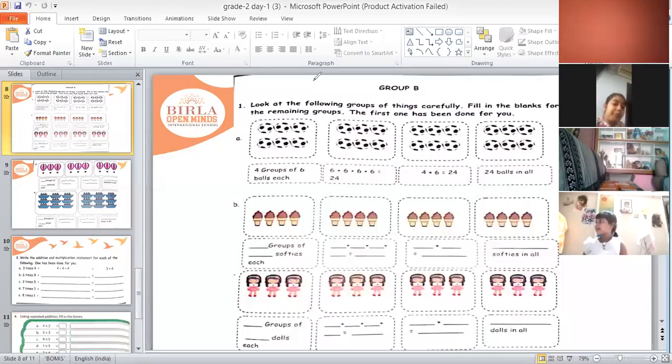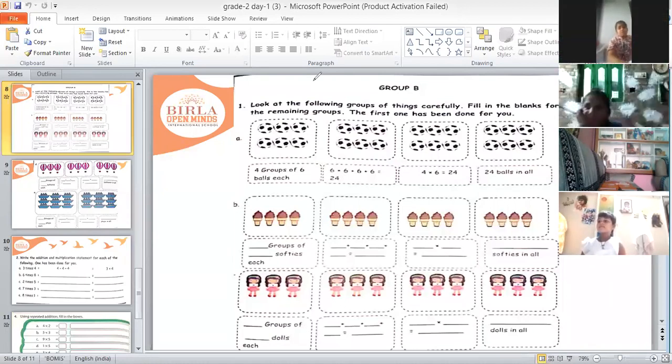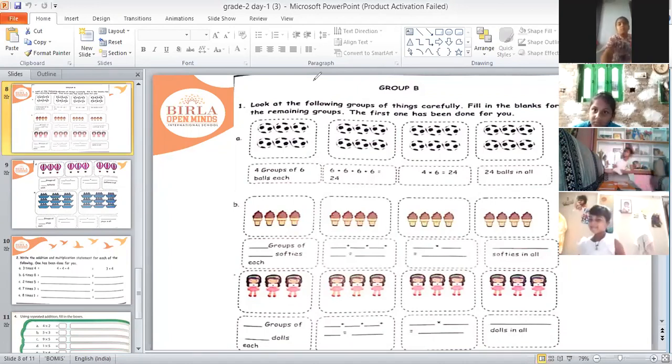Okay, so our second step is to see in each group how many objects are there. Okay, fine. After that, what is our next step? Our next step is to write the given objects, or whatever the information is given to us, in repeated addition form. Next, we have to write it in a multiplication sentence. Okay, we have to write a multiplication sentence about that. And then we have to write all together how many are there.